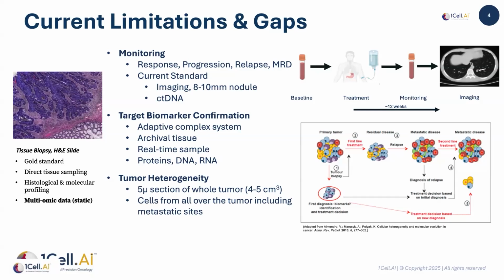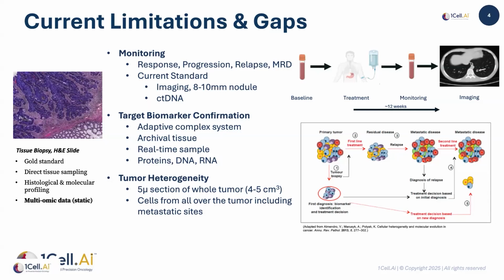ctDNA, or circulating tumor DNA, has emerged as the latest tool in our monitoring arsenal. It's real time, and it reflects what's happening now since the half-life of DNA is on the order of a few hours. But ctDNA only gives you the genetic sequence of the fraction of tumor cells that have recently died. It can miss low-frequency mutations entirely, and of course it will likely miss emerging clones that are actively proliferating but